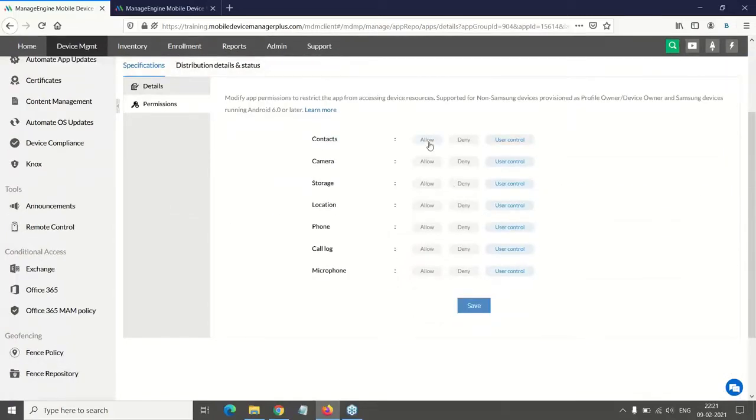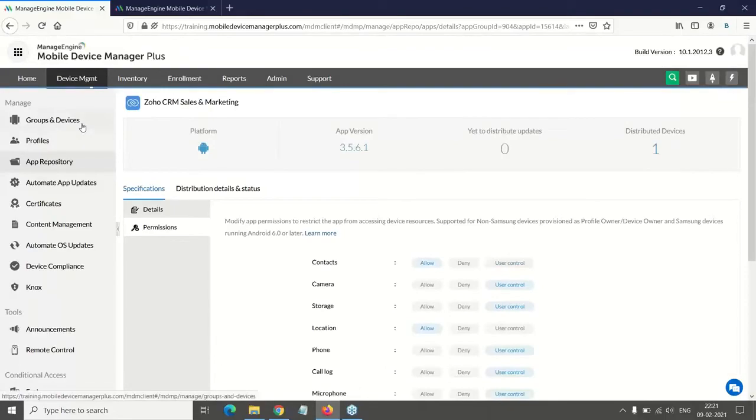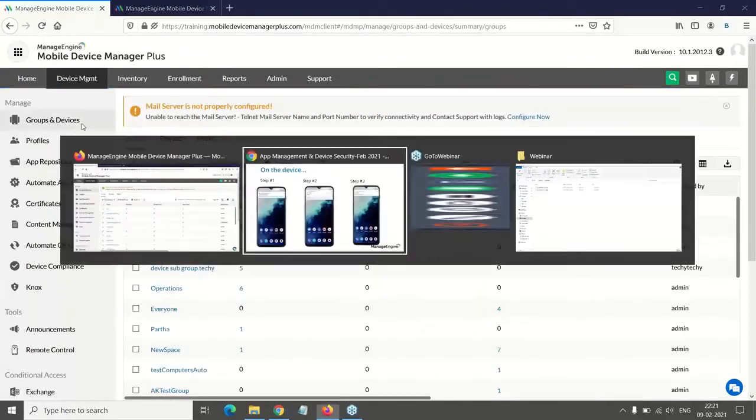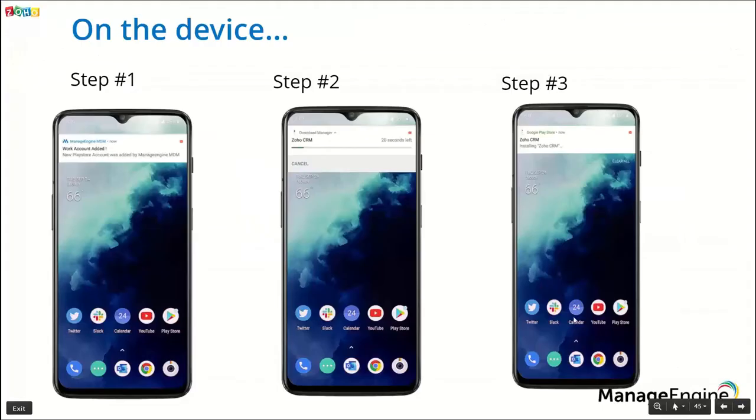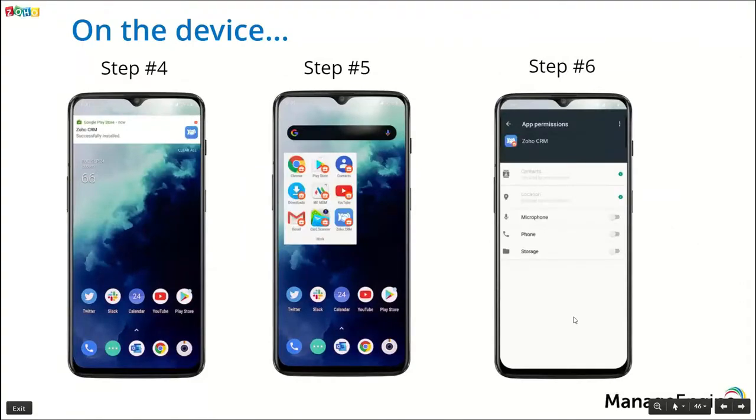So here, let me just allow contacts and location, and let the other options be controlled by the user. So if I save this permission and redeploy the application to the devices, this is how it will look on the device. The application will get installed, and when you check the permissions, contacts and location will automatically be enabled on the application, and the user will not have the option to disable them, while the other permissions can be controlled by the user.